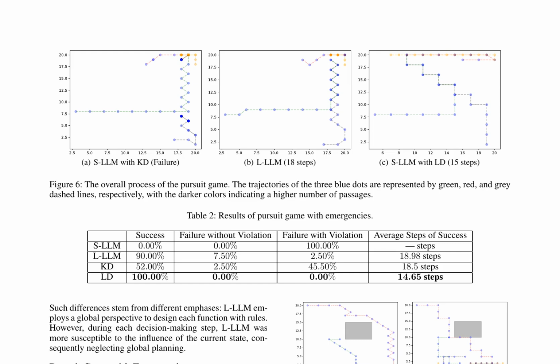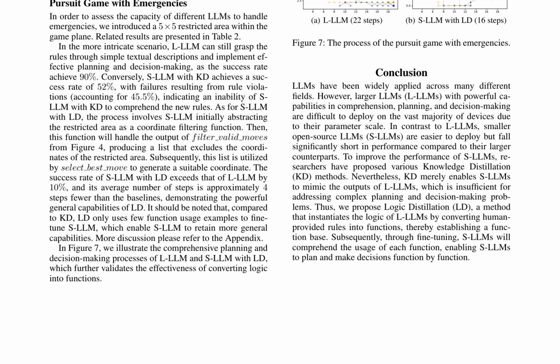In contrast, S-LLM with knowledge distillation, KD, achieves a success rate of 52%, with failures resulting from rule violations. S-LLM with logic distillation, LD, outperforms L-LLM, with a success rate exceeding 90% and an average number of steps approximately 4 steps fewer than the baselines. The effectiveness of converting logic into functions is further validated by the comprehensive planning and decision-making processes of L-LLM and